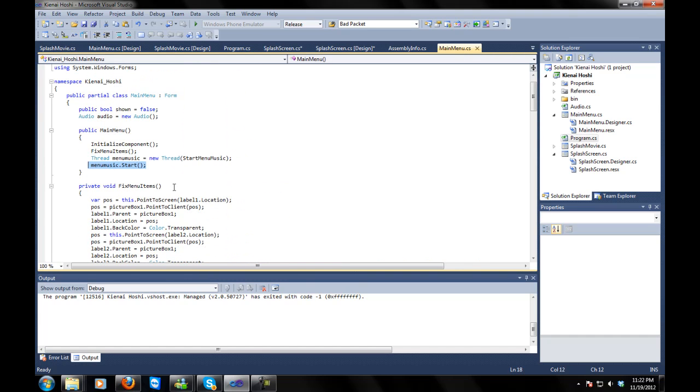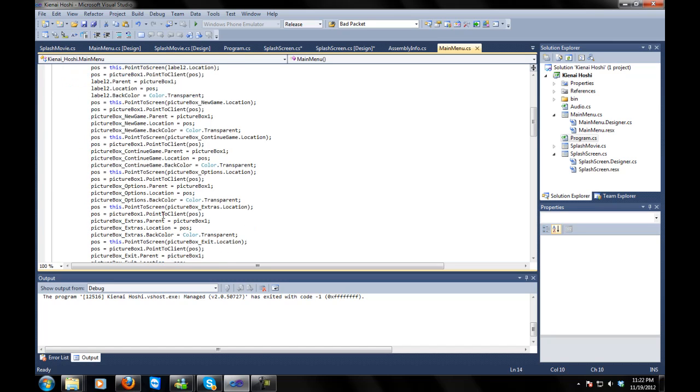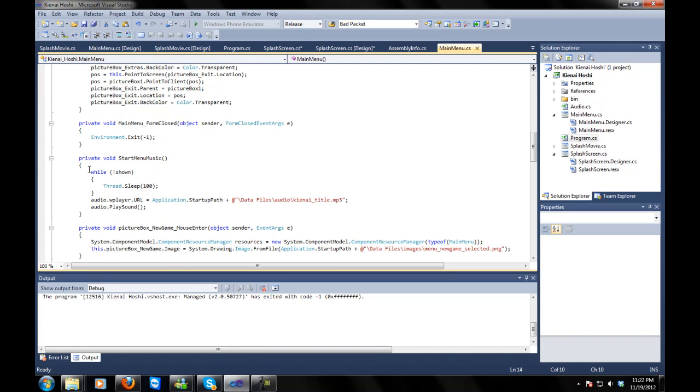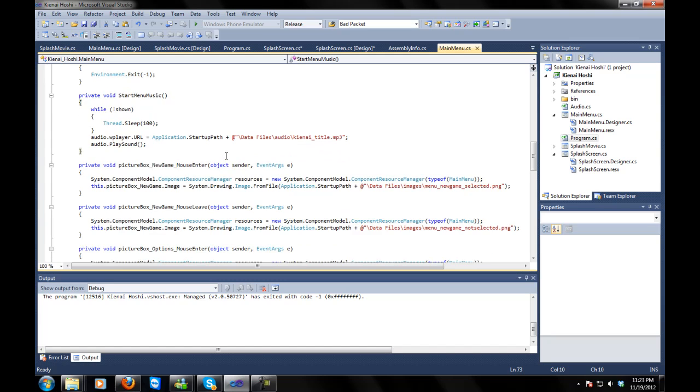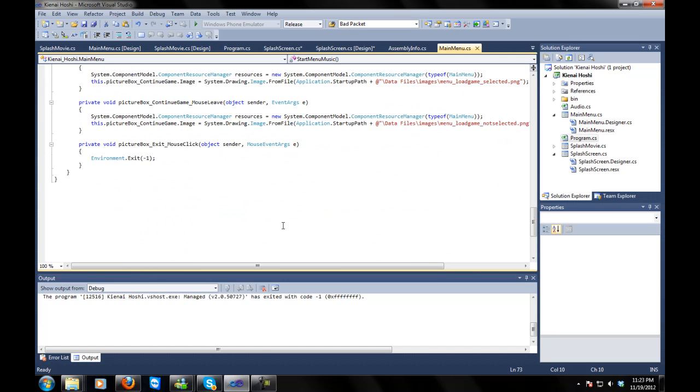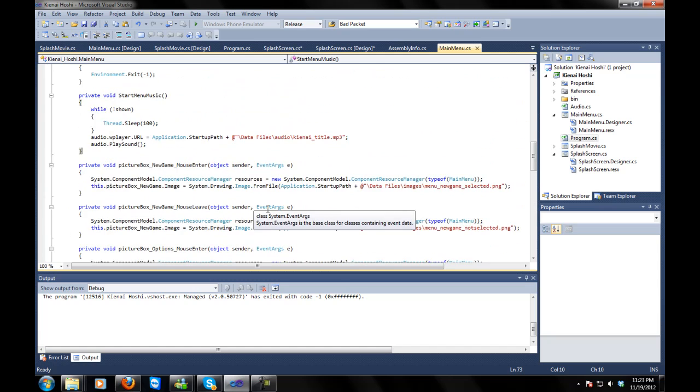So yeah, it starts the main menu music, and you see this would be menu.shown right here. While not shown, just go ahead and sleep for 100 milliseconds. And this is checking to wait until menu.shown equals true. Once the menu is shown, it skips over this and then runs these two, which loads the main menu music, and then plays it. So yeah, and all this code here, all it does is, this is for